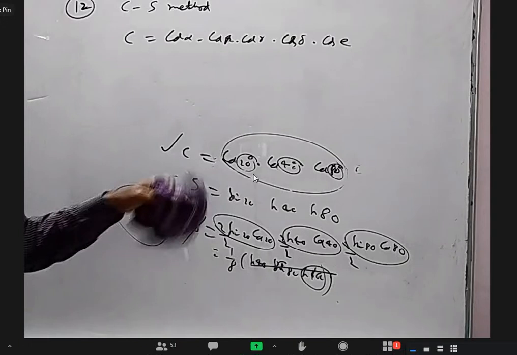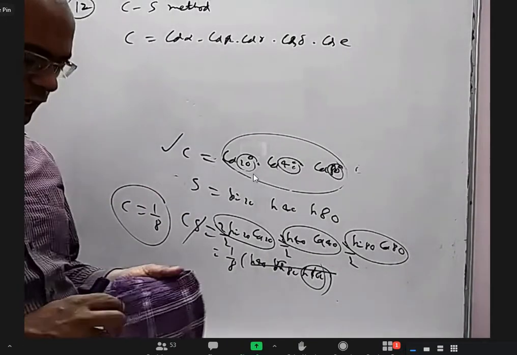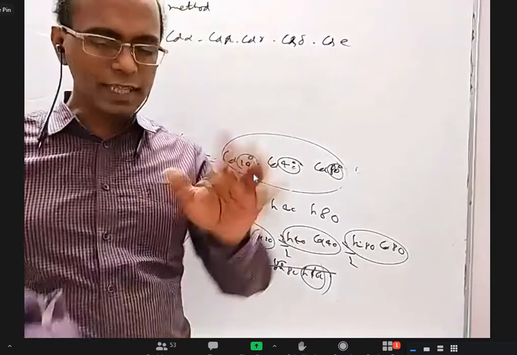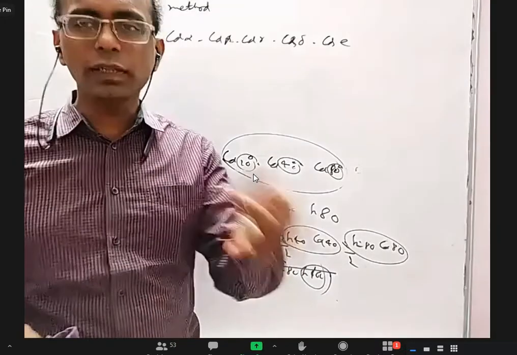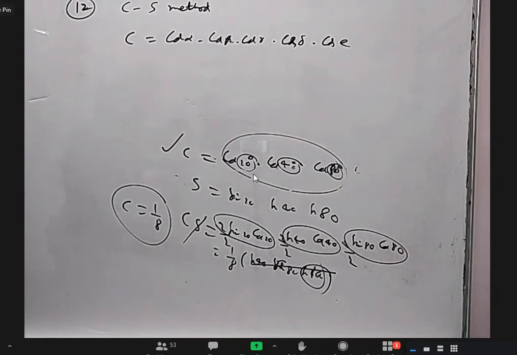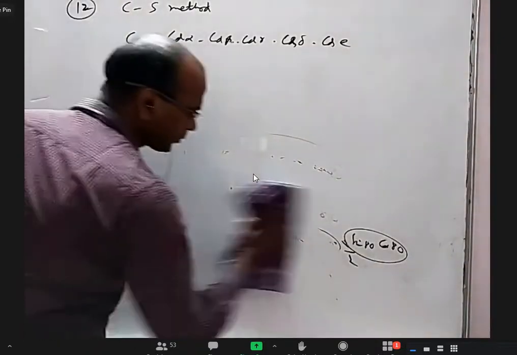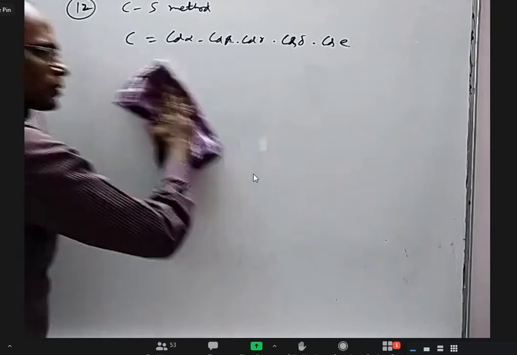This way of doing is called the CS method. I'm sure in your chemistry you will have some kind of reaction. You may add some compound. It is there in the input, but it will also come in the output, the same compound. But it helps us to do some process, maybe like a catalyst or something like that, right? It doesn't participate in the reaction as such. It is there in the input, it also comes as output, but in between it helps the process. So like that, this is.